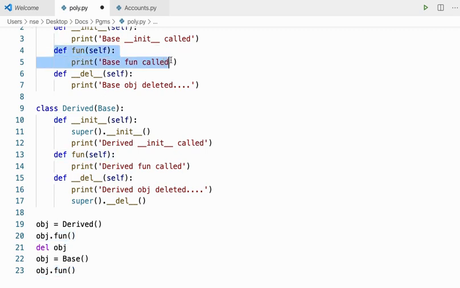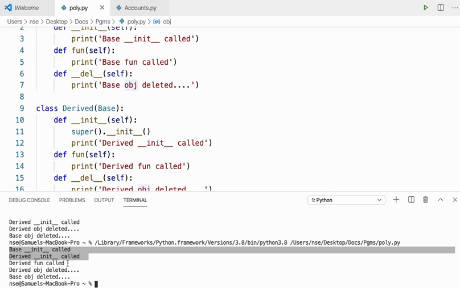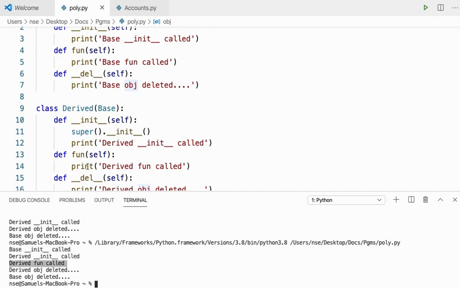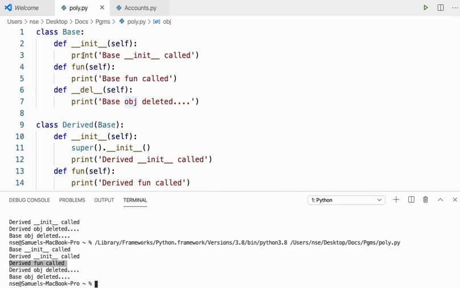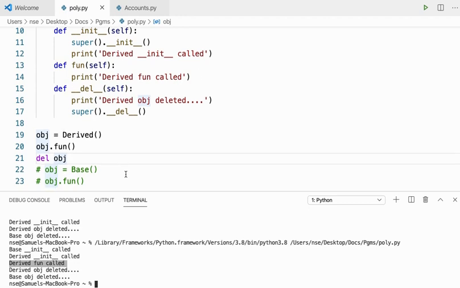Okay, without any problem, this will call the base class method. First, let me try to make you understand what happens when the function is called with the help of a derived class object, right? Let me run this code for you. So you can see the base class constructor, derived class constructor, is everything okay. Fine. Now it is calling the derived class fun method. It is not calling the base class fun method. Rather, it is calling the derived class fun method and the other things in normal procedure, right?